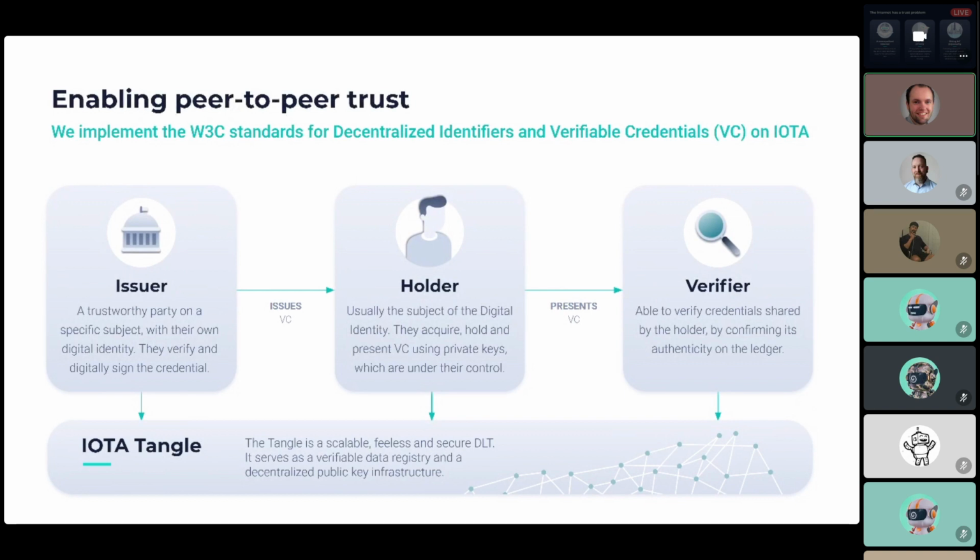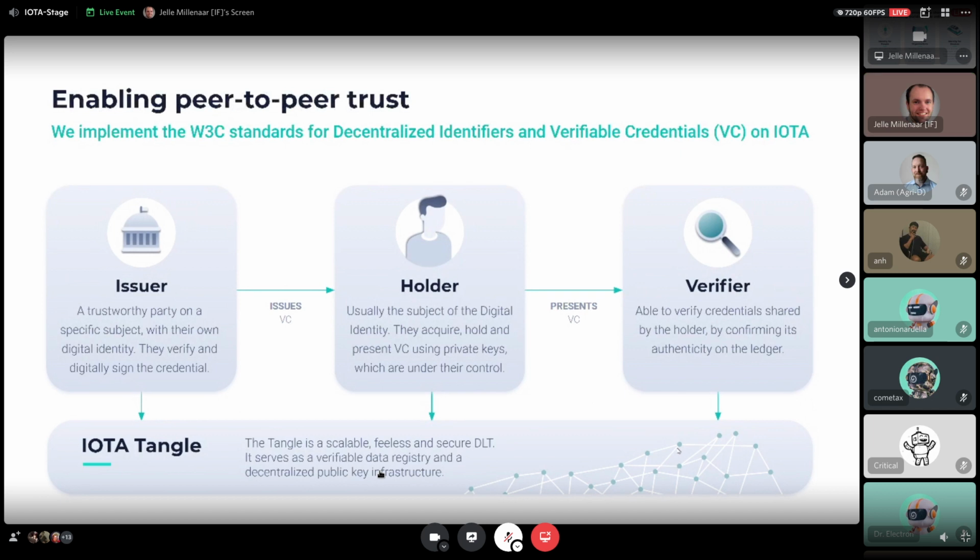For a person, we generally don't recommend putting too much data in because of privacy laws, right? We have to consider GDPR. But for devices, they can actually contain a lot more information, such as links to specifications of the IoT device, proofs of who manufactured them, etc. So this is basically their online profile that is publicly accessible, and that is embedded in the tangle that you see here at the bottom.